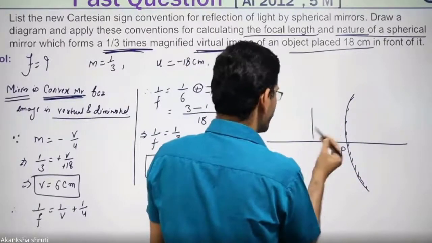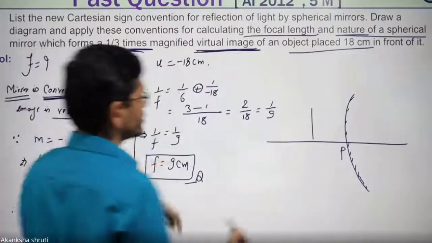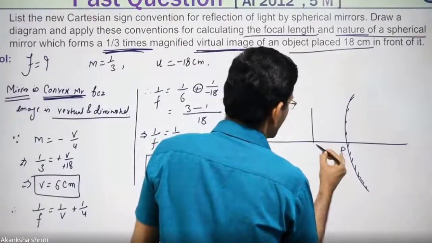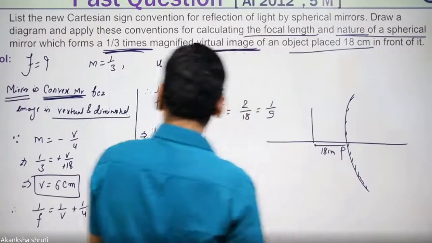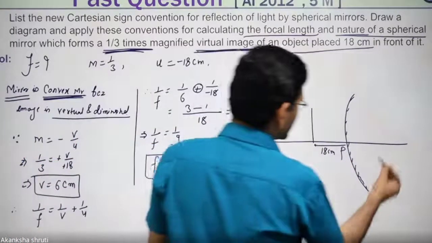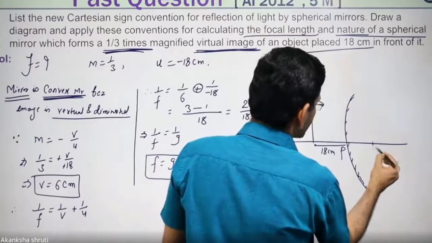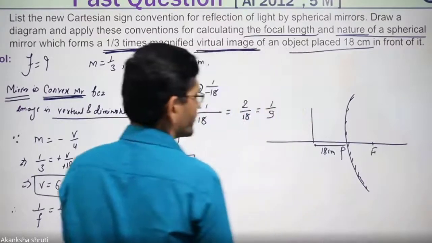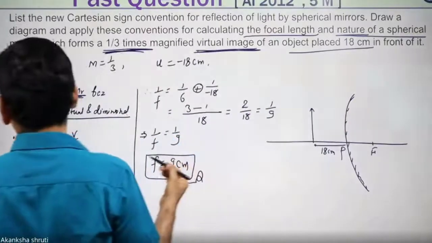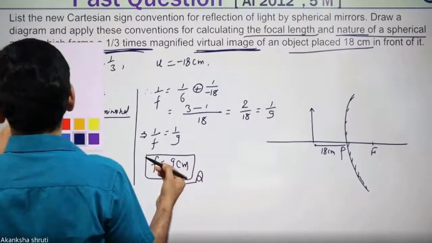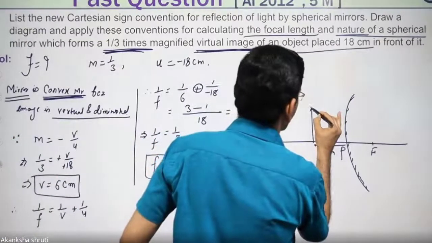Draw the ray diagram. It is given that u is 18. So draw this as the 18 centimeter. Students, even the focal length that we have calculated, we may put it somewhere as 9 or simply as the f, or even if it is not required. Now for the image, we have to take 2 rays, and those 2 rays should be the convenient ones.